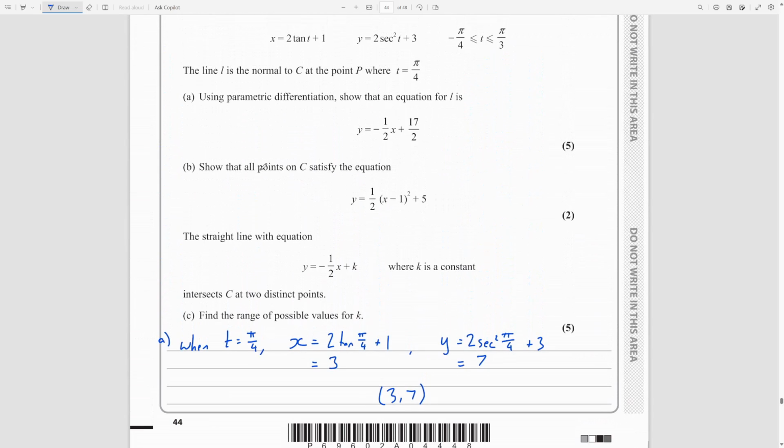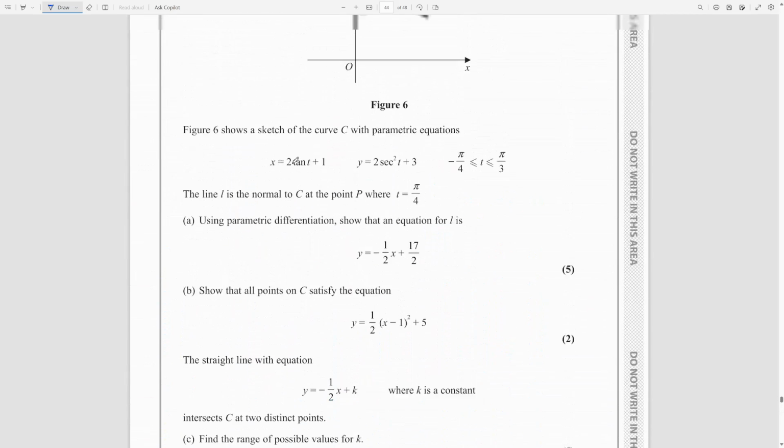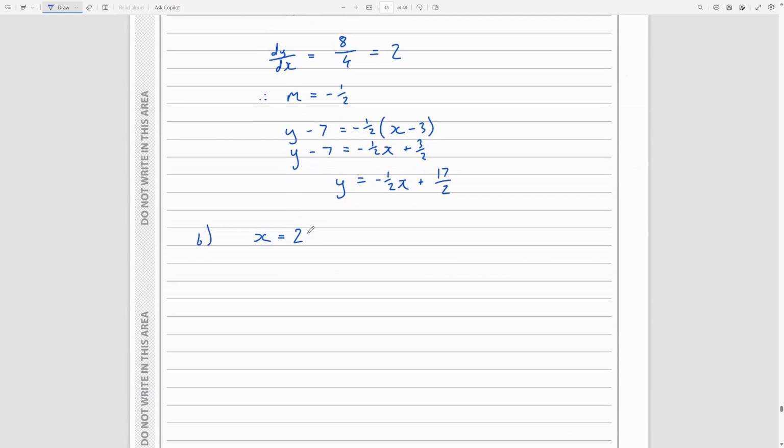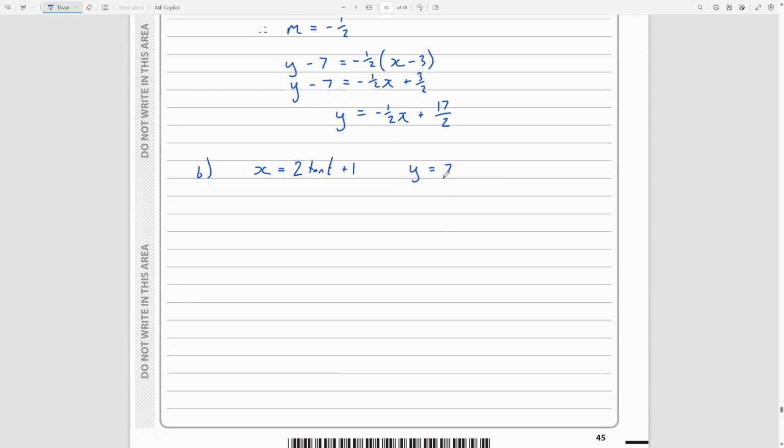Okay, show that all points on C satisfy this equation. So this is basically converting it into Cartesian form. So maybe it's useful to just have these here again. x is 2 tan t plus 1. And y was 2 sec squared t plus 3. So to convert this into Cartesian, I'm going to use the relationship that tan squared t plus 1 equals sec squared t, because I can see sec squared t over here, and I can find tan squared t here,